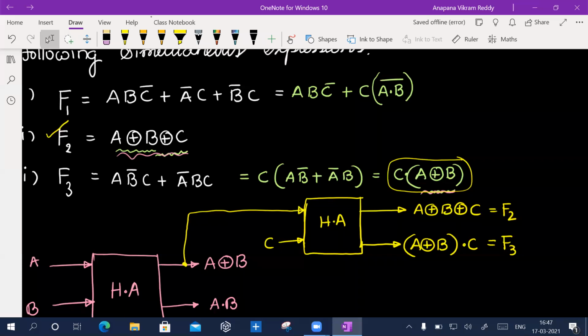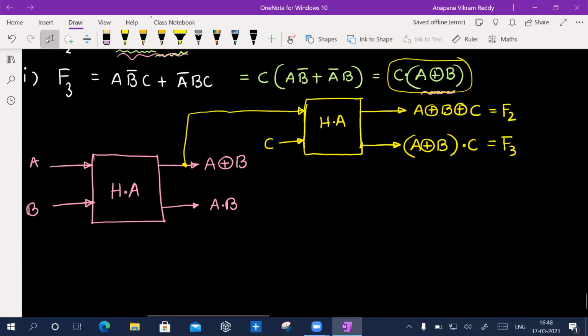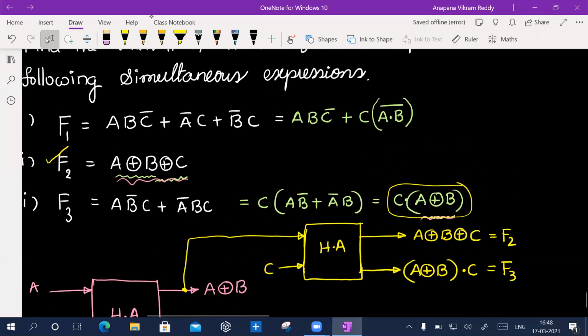Sir, we can take an XOR gate between A, B, and C. No, don't take any exclusive or, just tell me how many half adders we require. See, now you have to think, why did I take this complement like this, like A and B all complement? Now if you observe, it can be written as AB XOR C. Very good. So this is another half adder. Yeah, very good. A, B exclusive or C.